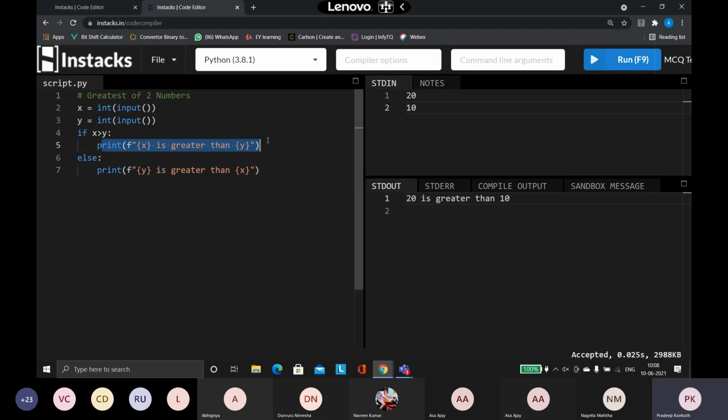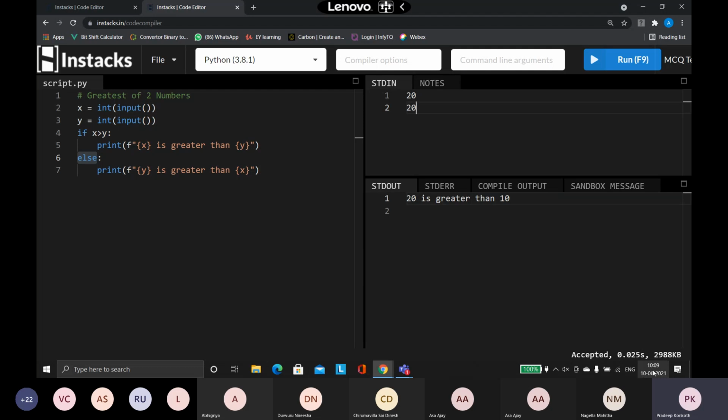So it is going to say x is greater than y. Correct now also. So the if statement is working perfectly, and the else statement is also working perfectly. No problem at all. Now what will happen when I give it like this? The x value is 20, and the y value is also 20. If both my x and y values are the same, how do I find out which number is greater? There is no greater concept at all here because both the numbers are the same. So how can I say which is greater?